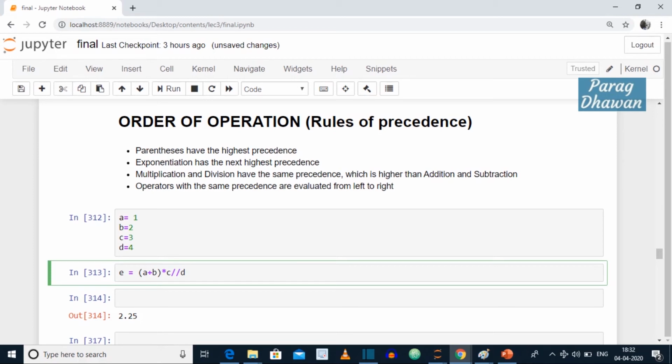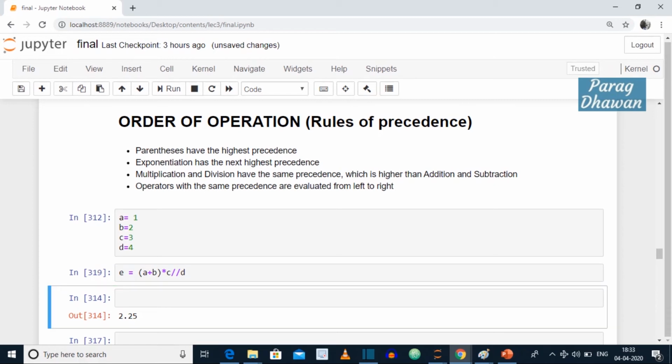Evaluation of this expression: it will add a plus b, 1 plus 2 is 3. Then multiplication and division, left to right, multiplication will be executed first, therefore 3 into 3 is 9, and divided by 4, the result is 2. Select the cell and run the cell, you print the value of e and you get the result as 2.